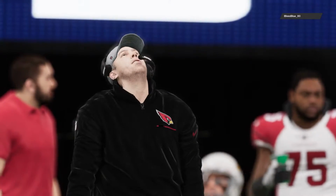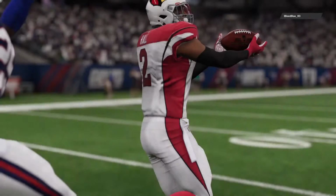So a victory here for the men in blue, the New York Giants, and they were spurred on by a strong performance in that 4th quarter as they held their opponents off the